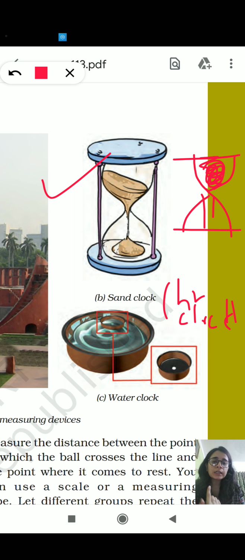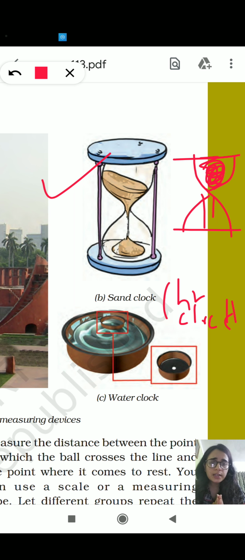So here we can have the time interval. Suppose I am starting a lecture now, it's 10:30 for example. Now if I want to finish at exactly 11:30, then I will just turn this clock upside down, and when the last trace comes down, I will have an idea that 1 hour is over.